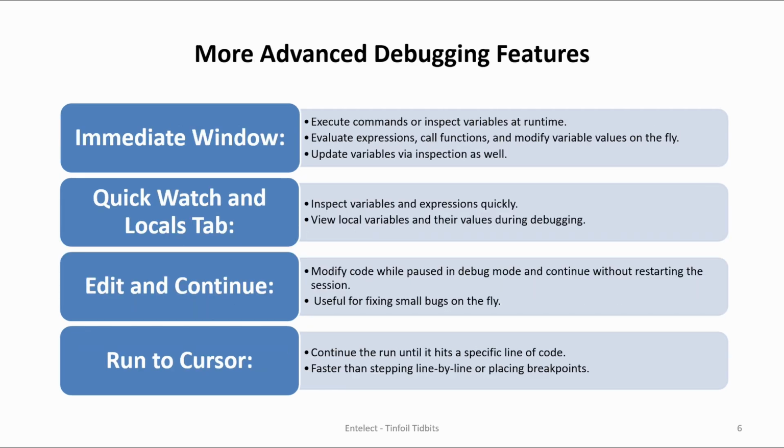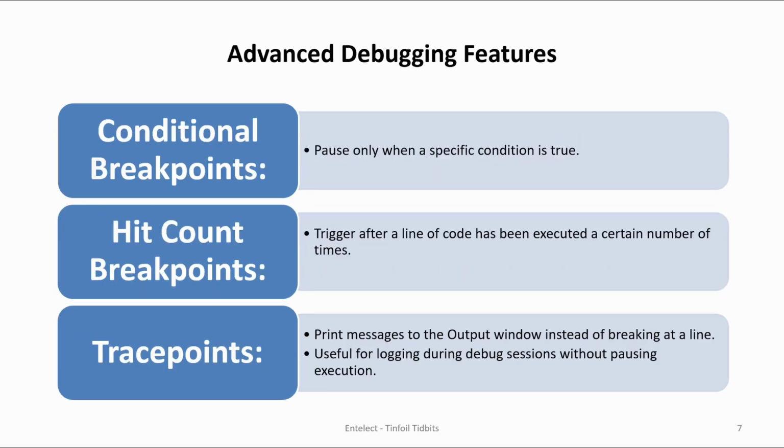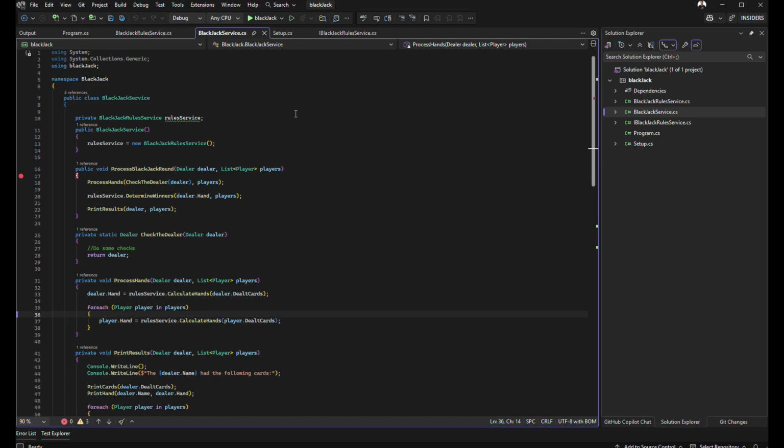And yeah, so I've got a simple application which I'm going to use just to demonstrate some of these things. It's just a simple console application. It's just a blackjack service. I guess we don't really need to worry about what exactly the code's doing, but let's just start with the